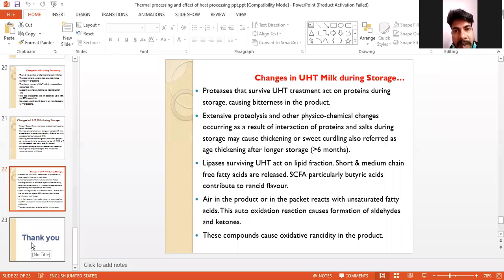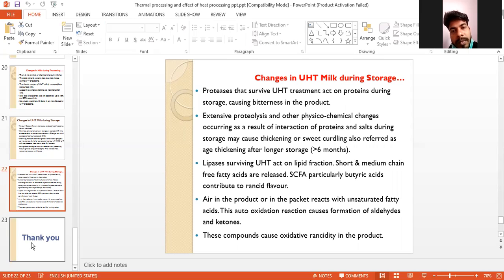Two types of curdling actually take place in the milk. One is sweet curdling, another one is natural curdling. Natural curdling is due to the conversion of lactose into lactic acid when the acidity reaches a certain level naturally. It is observed that in summer, within 2 to 3 hours, the acidity of milk is more than sufficient to coagulate the milk. But in winter, it takes almost 4 to 5 hours to develop acidity and get the milk coagulated.